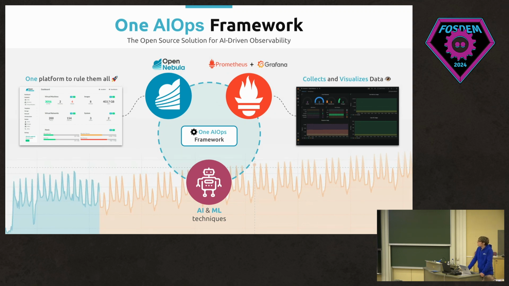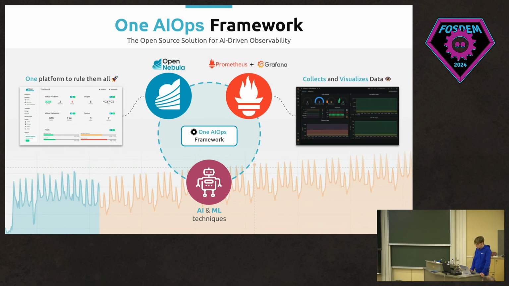The One AIOps framework combines OpenNebula as virtualization and cloud management tool, Prometheus and Grafana as metrics and visualization solution, and some AI and ML algorithms to predict and analyze the behavior of the infrastructure. All three technologies together create the One AIOps framework that we are going to see here today.